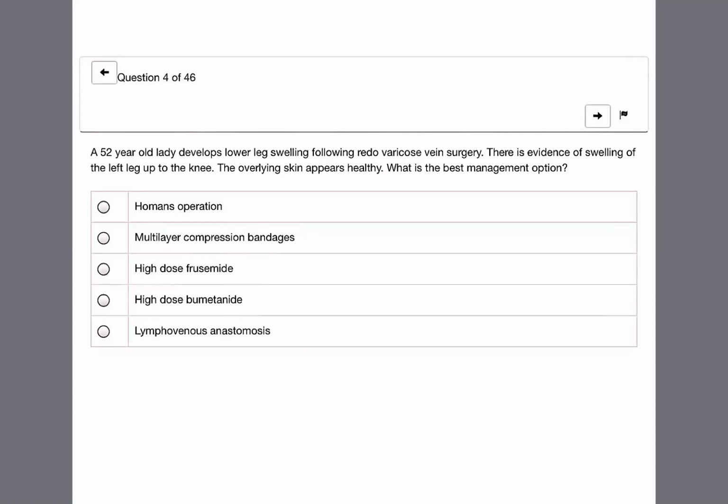The patient, after redo varicose vein surgery, developed swelling of the leg up to the knee, and the overlying skin is healthy. This is acute, exactly. So what I need is a multilayer compression bandage. If anyone is a vascular surgeon, it is very common to put a bandage for two weeks after any varicose vein stripping surgery, not even redo. It is one of the post-operative protocols: compression bandage or compression stocking for two weeks, removed slowly. This is from the protocols of treatment of